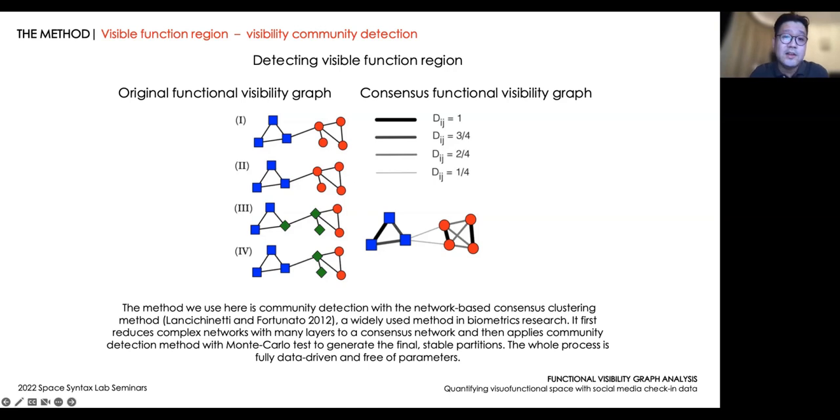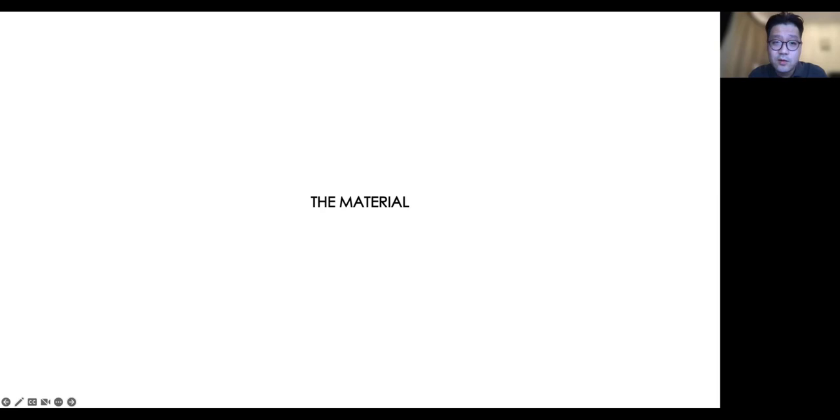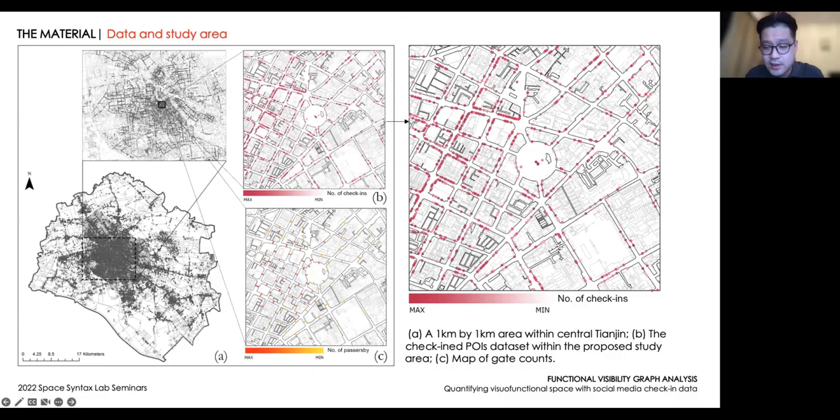Then we will use the modularity to quantify the significance of these regions. If the modularity is larger, that means that this community is more significant, and this is more likely to happen. Okay, so the data we use is quite